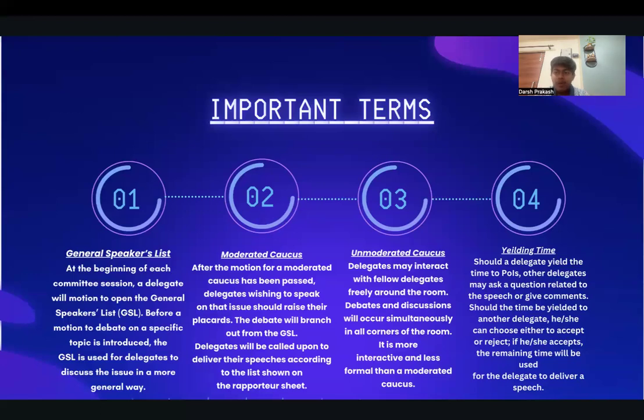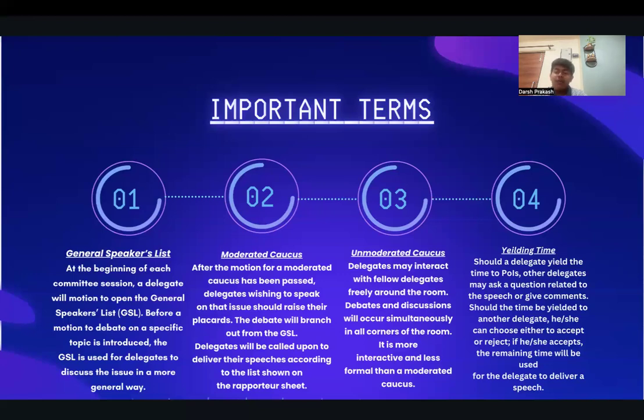What the executive board will do, the EB can take 5 delegates in one go. After that, the EB will move on to the moderated caucus. But for the 15 delegates who would not deliver the speeches, they do not need to worry at all, because after the moderated caucus is completed, they'll automatically jump back to the GSL.